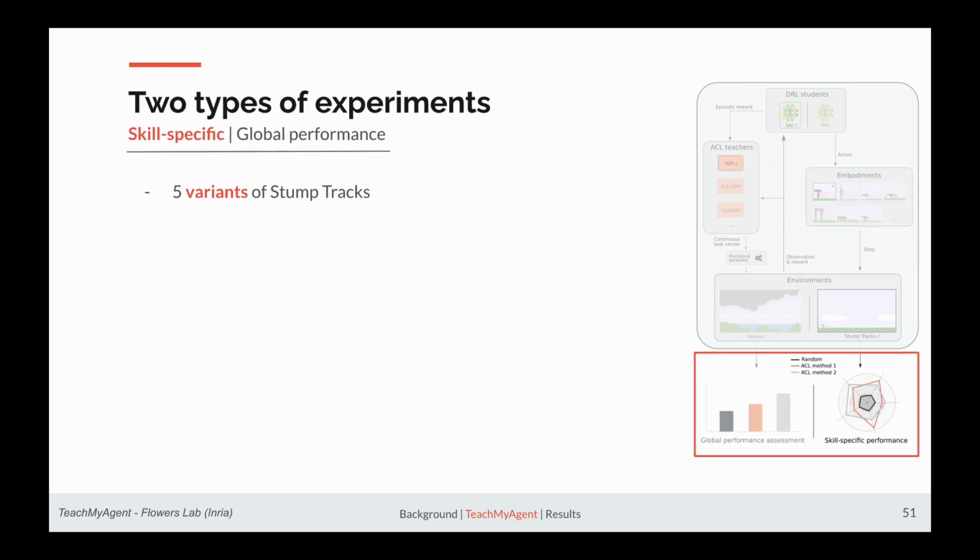Okay, so given all of this, given the set of environments, the set of embodiments, the deep reinforcement learning students, and our ACL methods, we created two types of experiments. So a first one, which is to compare methods on each of the key challenges, and the second one we'll see after, which evaluates a global performance. So first, for the skill-specific evaluation and comparison, we use the stump tracks, which is a quite simple